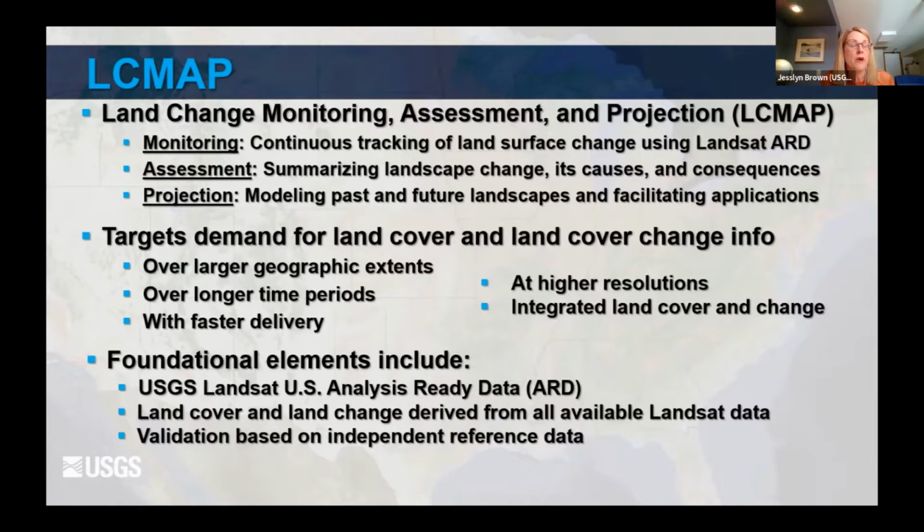What we're trying to do is take this Landsat analysis ready data that we've produced at USGS and turn it into, what we hope is, more useful land cover and land change information over larger extents with faster delivery over longer time periods. So better, stronger, faster, hopefully.